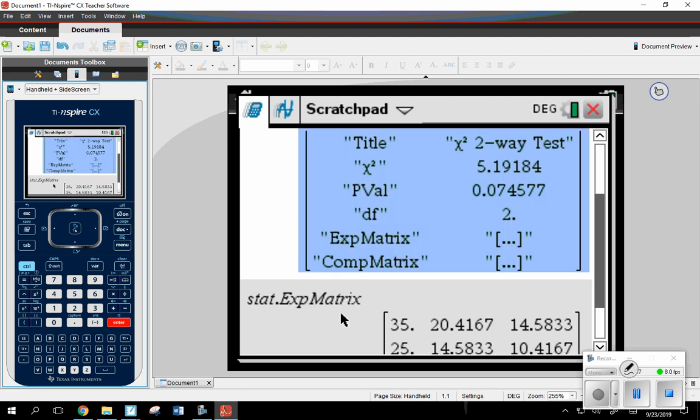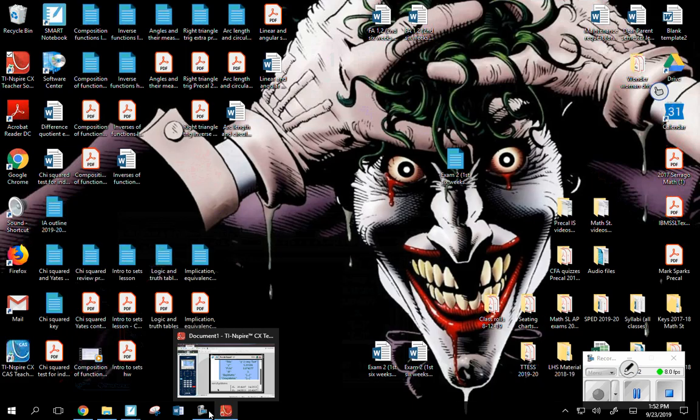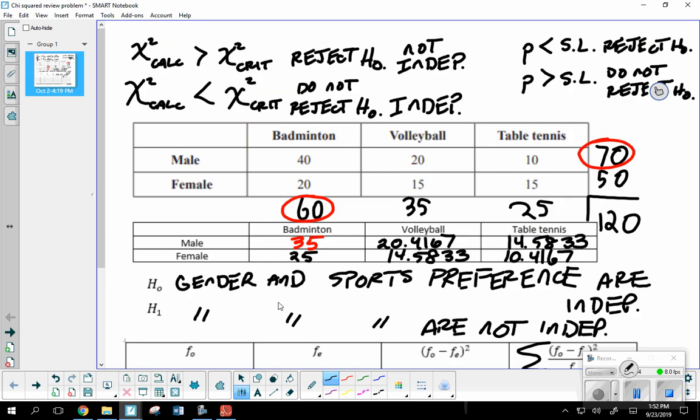Okay, so what was my chi-squared calculated value again? 5.19. So I'm going to come back over here to my paper. Now, this is what I provided last week. Let me go ahead and use my marker. I'm just going to write on this for room. So my chi-squared calculated, the one that we would have found using this spreadsheet here, we got 5.19. Now, let's say that I want to go ahead and test this at 5%. I want to compare this to my critical value.